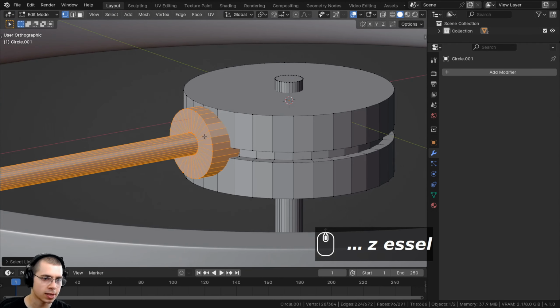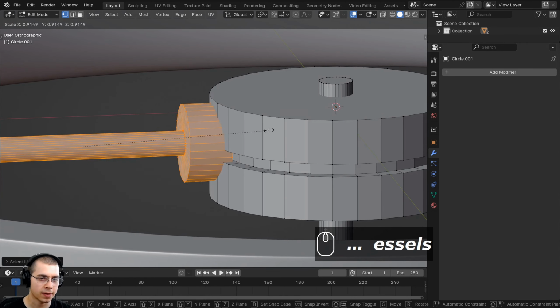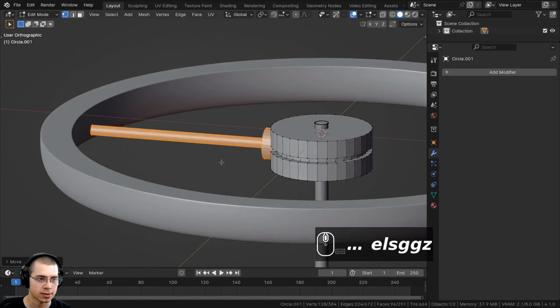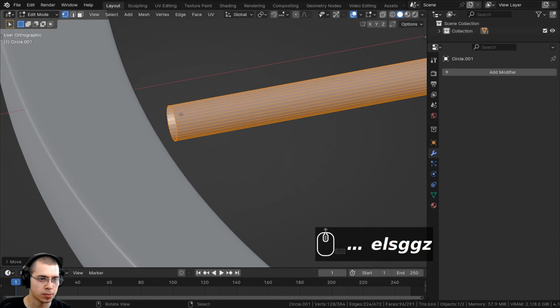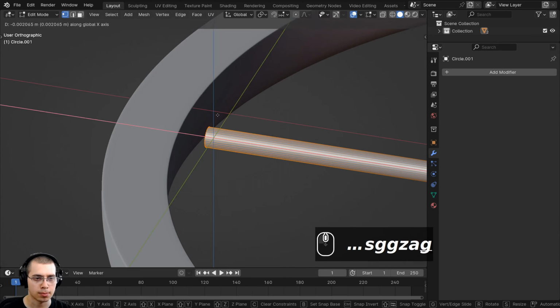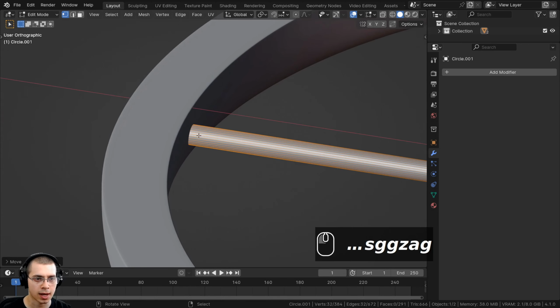Then I'll press the L key to select the linked vertices. I think I'll scale the entire thing down a little bit and also bring it down on the Z axis to kind of center it. And then also right here I need to zoom in, and I need to deselect everything and just box select those vertices and bring them over on the Y axis into that other piece.